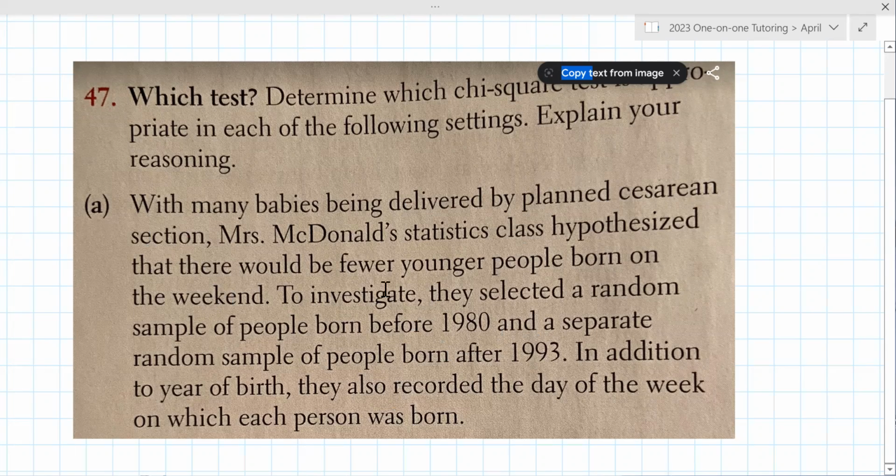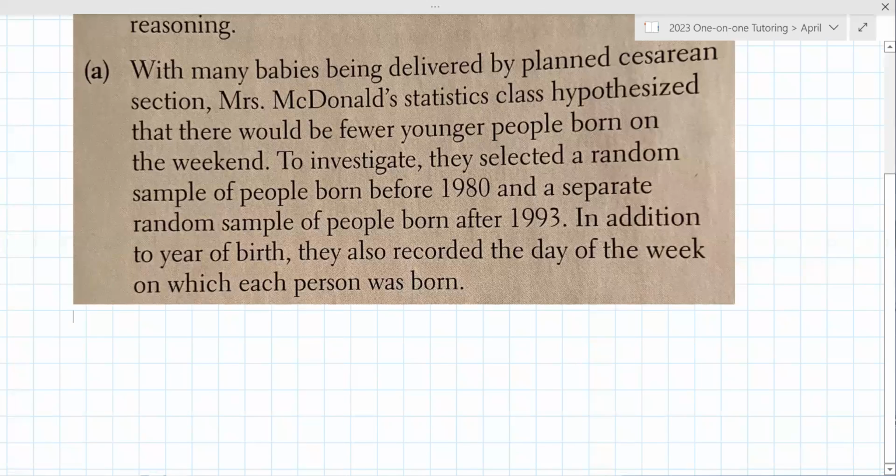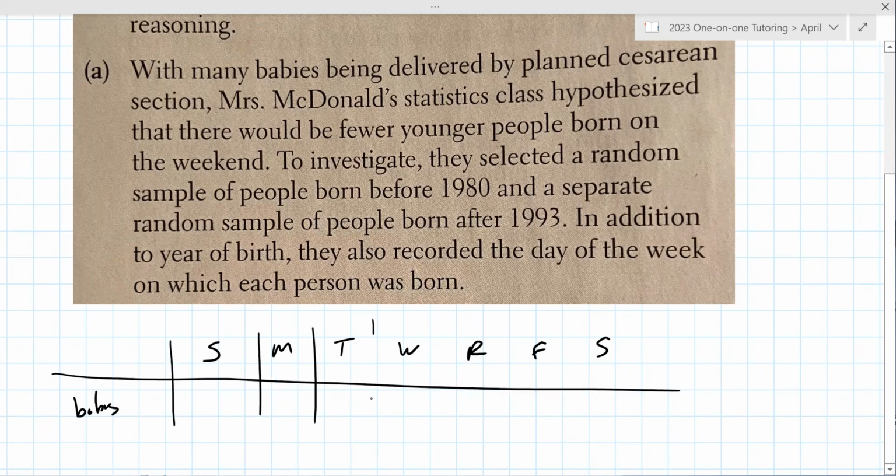Right. And they hypothesized that there were fewer people born on the weekend, although I guess they don't care about how the birth occurred. Right. So they're just looking at whether day of week and babies, whether there's a relationship. So it'd be all the days of the week and then babies. And to me, what they're looking for is like, they believe that these are uniformly distributed is the way I'm